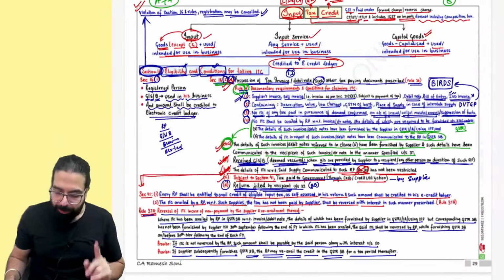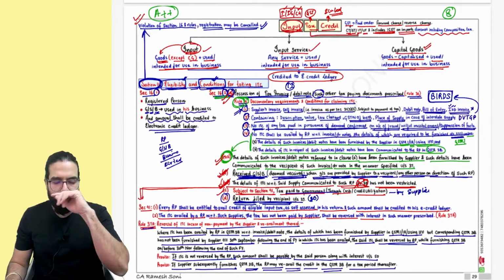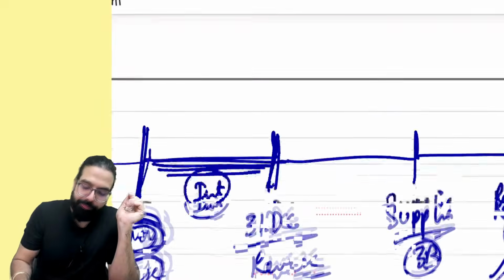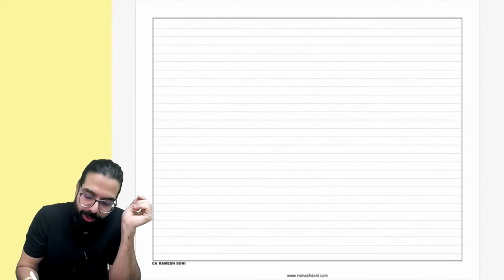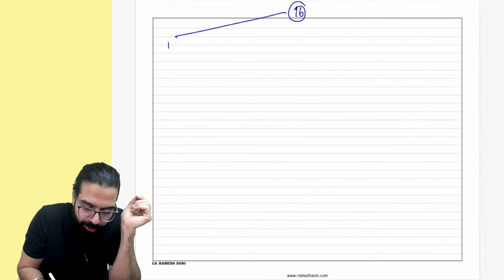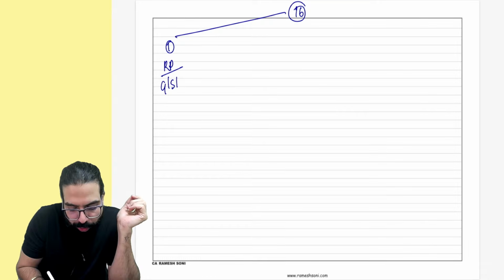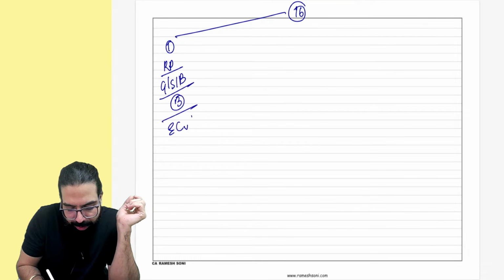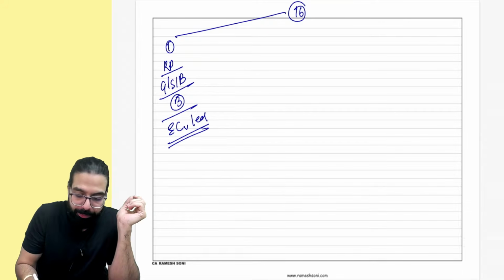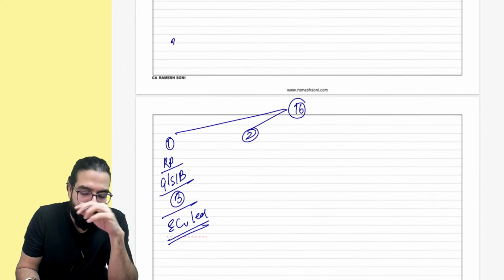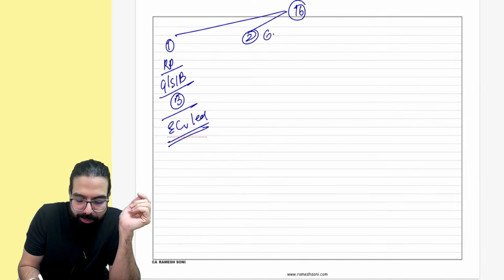Sir, can you please repeat once again? I will repeat with you guys. Everyone listen carefully. First of all, section number 16, I taught you section number 16.1. Who is eligible to take the credit? A registered person. Of what is he eligible? Goods, services or both, which he has used in his business. Credit comes in your e-credit ledger. Done, sir. Section number 16.2 goes ahead and says, sir, what is the condition to take the